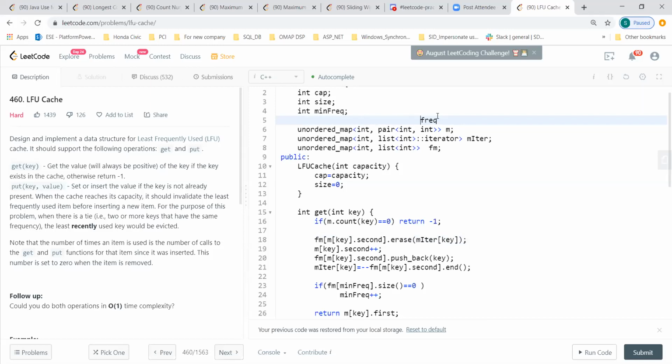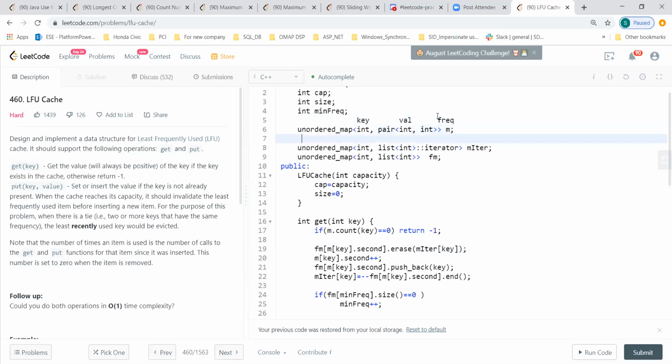In this map, this will be the frequency, this is the key, and this is the value. And in the next one, this will be the key, and this will be the address actually.